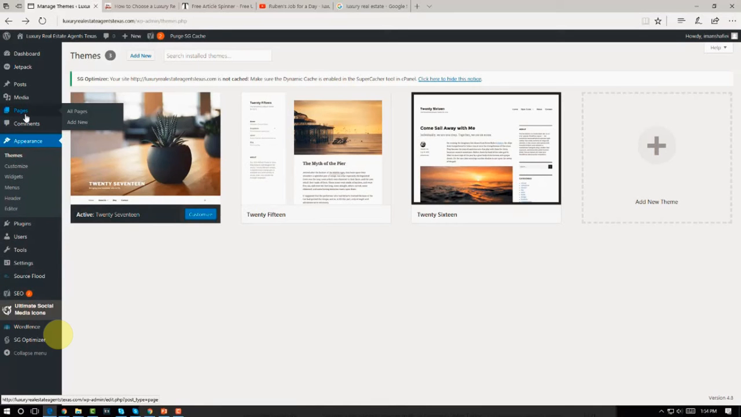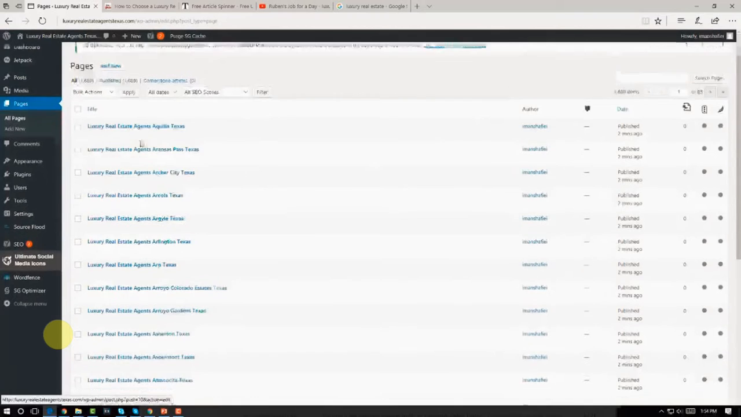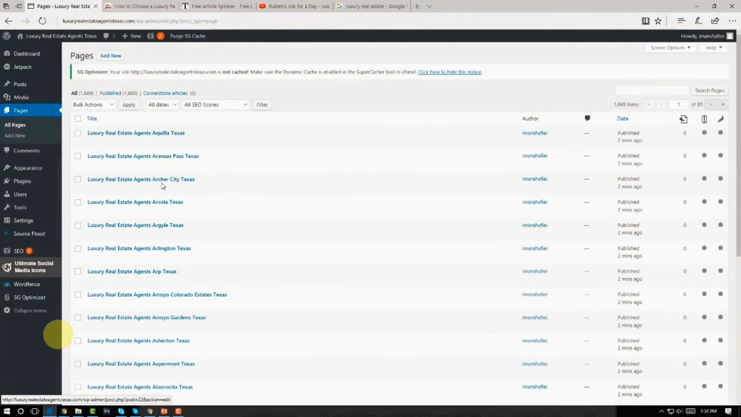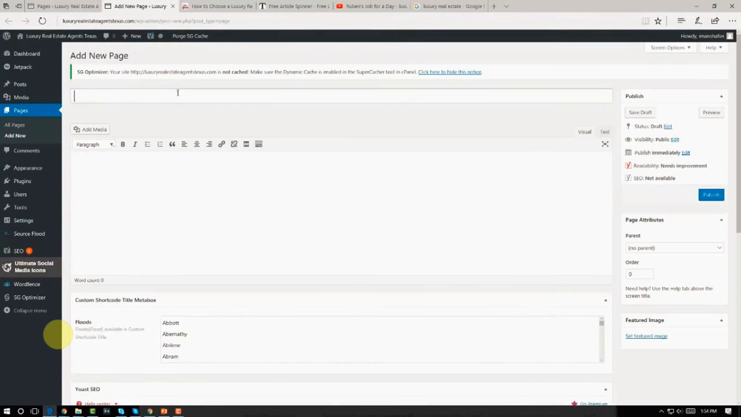We have to actually go ahead and create the silo page. So we go to our pages here, we have a buttload of pages. Now it's gonna be a huge pain actually siloing these pages one by one. Now what do I mean by siloing? Like for example, if we copy this, we're gonna create one huge silo page. Luxury real estate agents in Texas, right? And we want to link out to all of these,